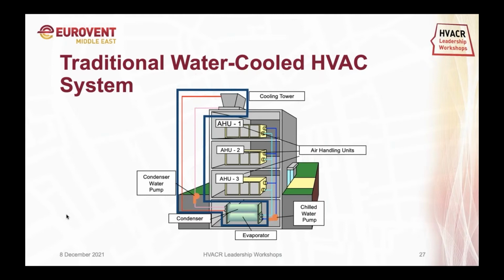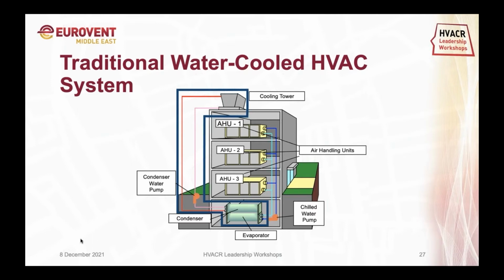And the other circuit which is connected to it is called the condenser water circuit, which takes away the heat from the evaporator and rejects the heat to the atmosphere. And in this circuit, we connect a cooling tower to the condenser. So the cooling tower is typically installed in an open space, and it rejects the heat to the atmosphere using water in between.